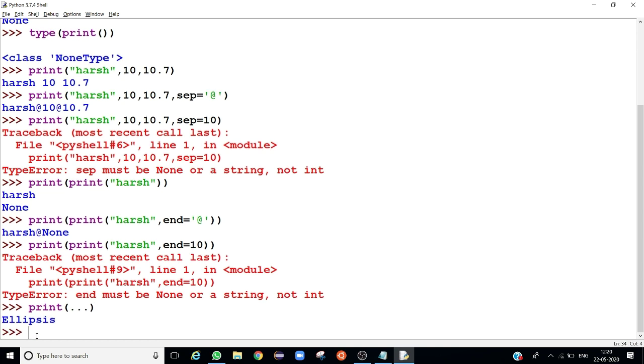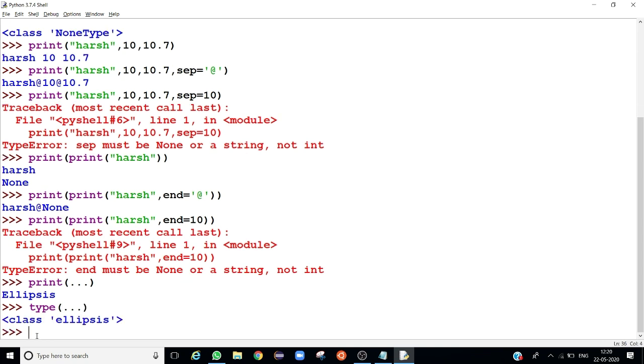Let me try to find out the class type of this ellipsis object. Type of the dots will give you class ellipsis. I will cover the ellipsis class in a further video, not the next video.